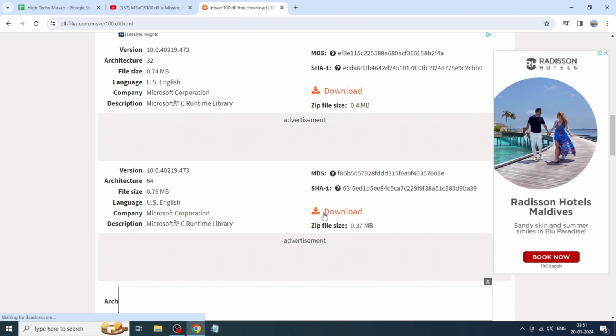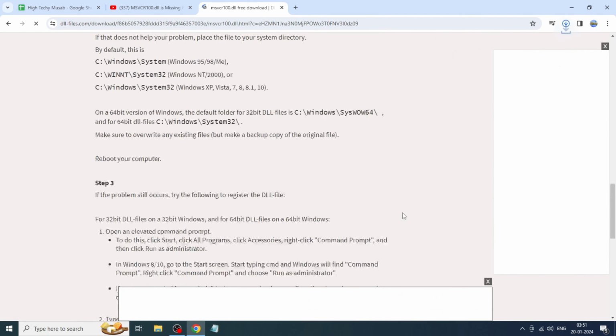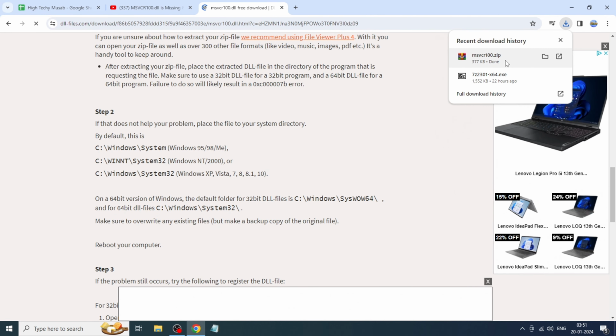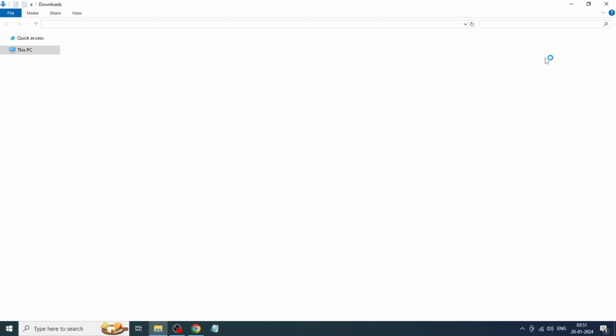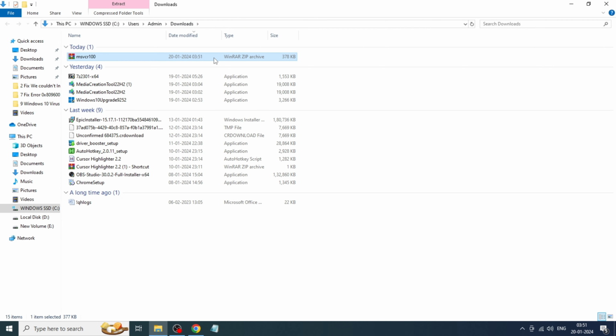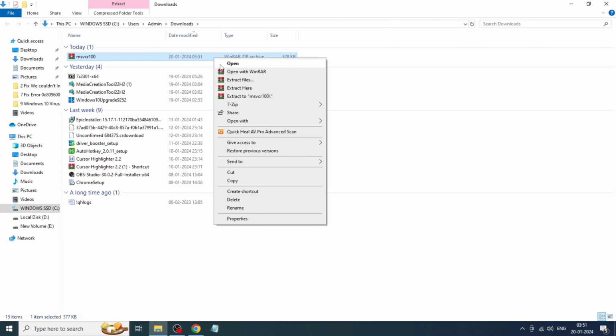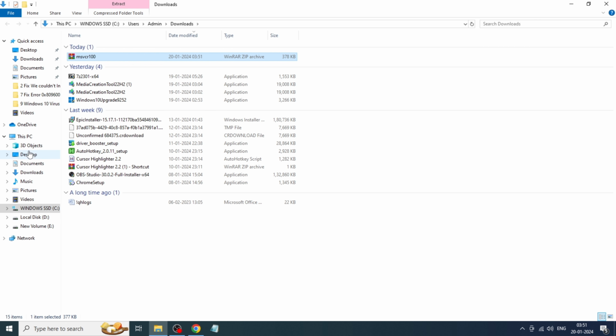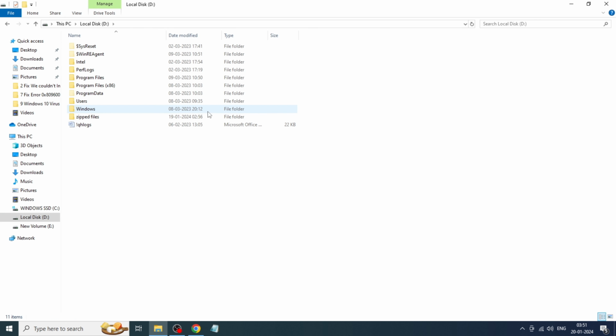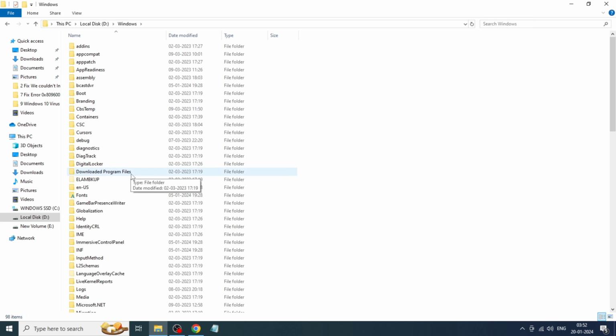Click on download. After the download, right click and copy the downloaded MSVCR100 folder. Click on This PC, click on local disk C, click on Windows, click on System32,